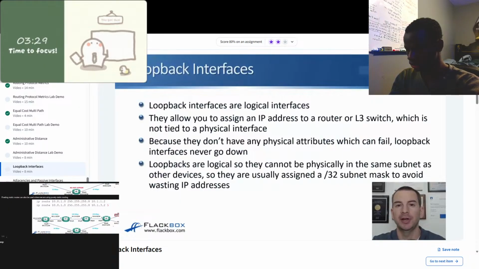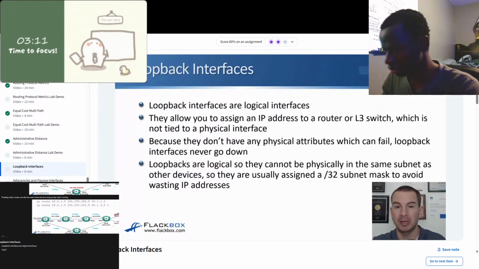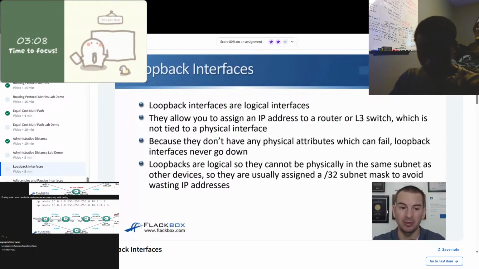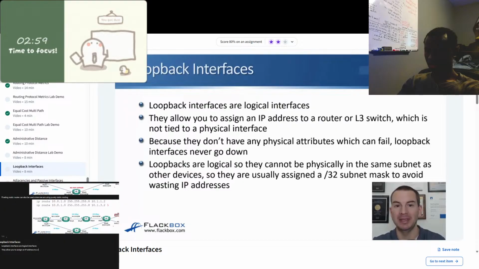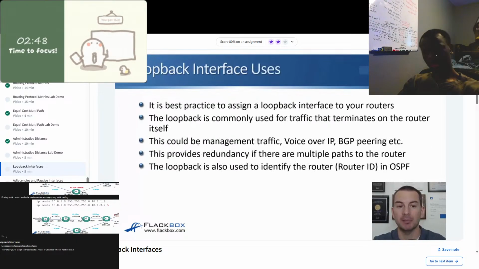In this lecture, you'll learn about loopback interfaces. A loopback interface is a logical interface, and it allows you to assign an IP address to a router or a layer 3 switch which is not tied to a physical interface. Because they don't have any physical attributes that can fail, loopback interfaces never go down. Loopbacks are logical, so it's impossible for them to physically be in the same subnet as other devices. So they're usually assigned a /32 subnet mask to avoid wasting IP addresses. That's the standard. It's best practice to assign